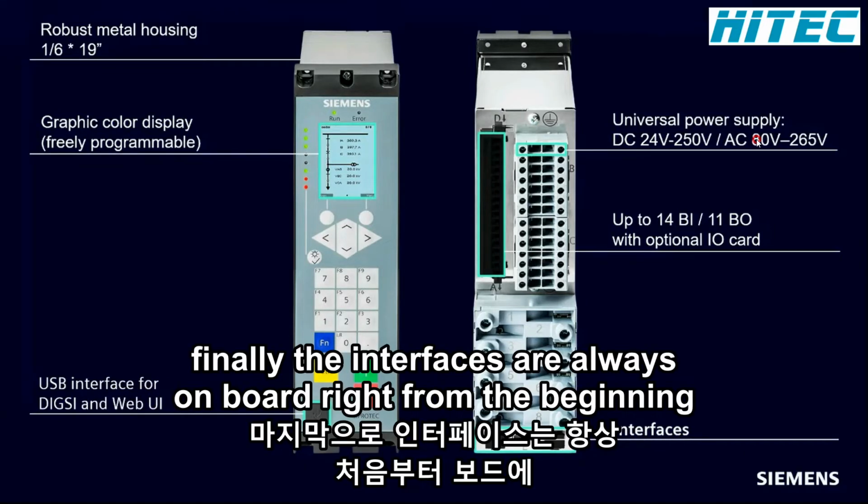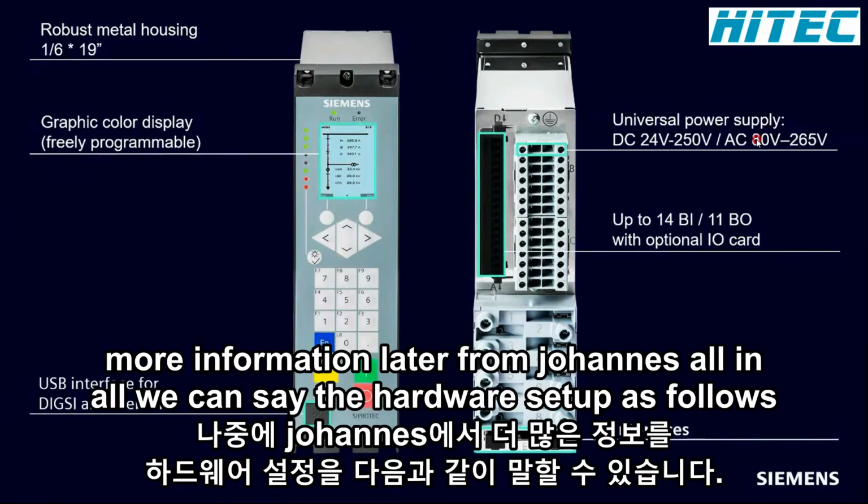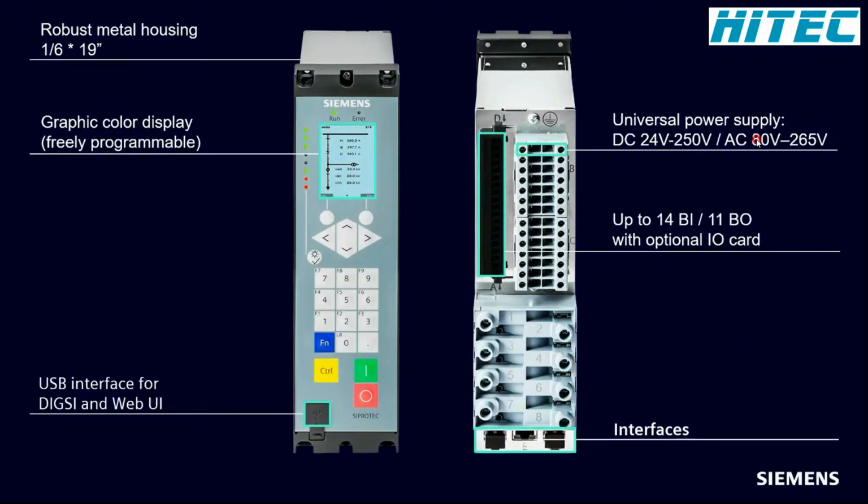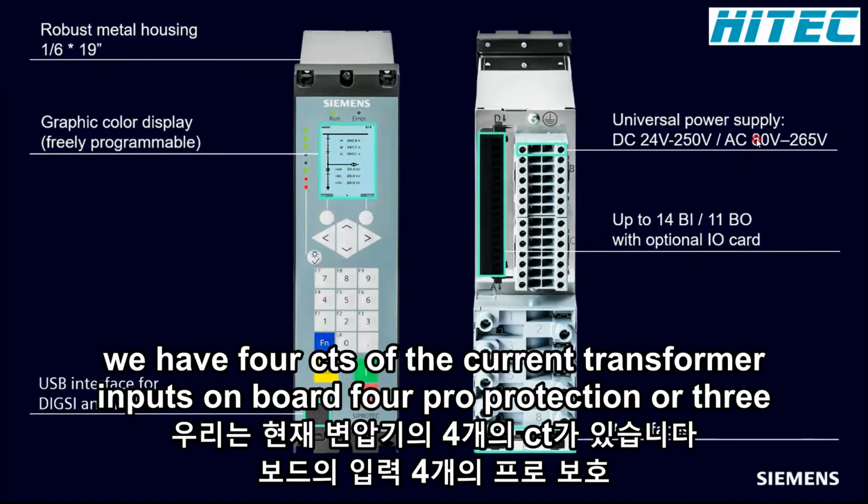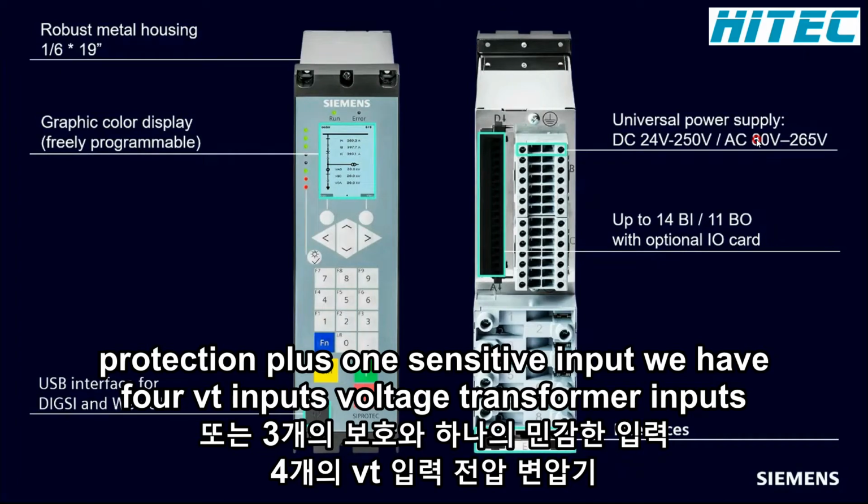Finally, the interfaces are always on board right from the beginning. More information later from Johannes. All in all, we can say the hardware setup is as follows. We have 4 CTs, also current transformer inputs on board: 4 for protection, or 3 protection plus 1 sensitive input. We have 4 VT inputs, voltage transformer inputs,